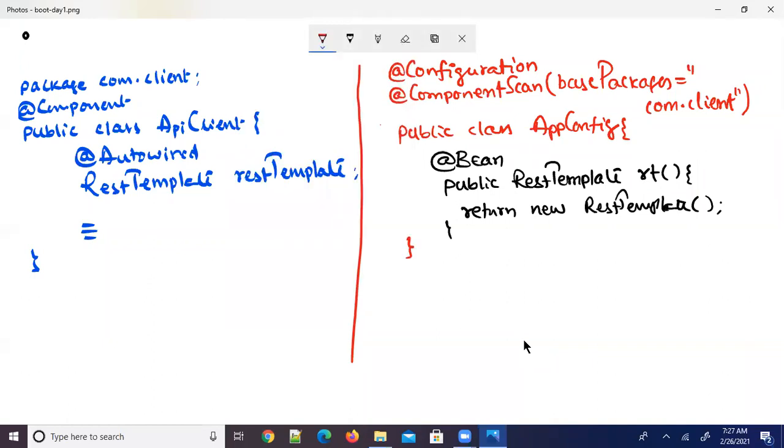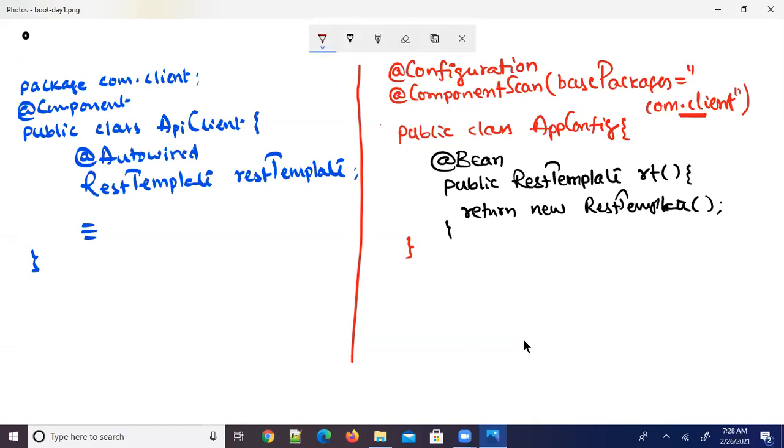So when you look at this, see why I explicitly defined a bean method in the configuration class to register REST template: because REST template is a class from Spring API which doesn't exist in com.client or any of its sub packages.